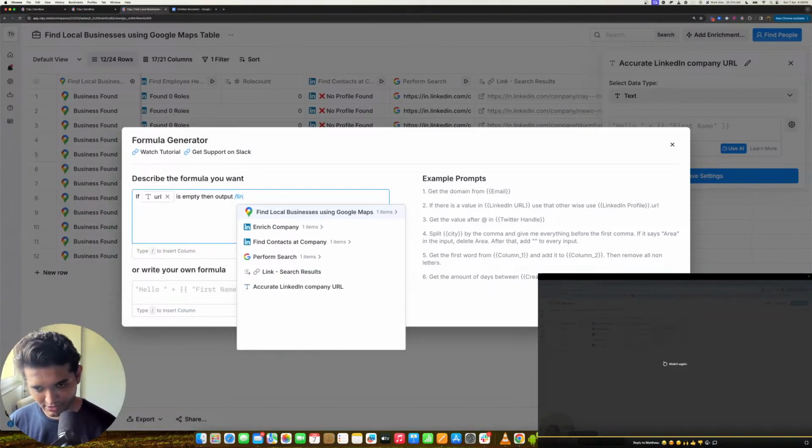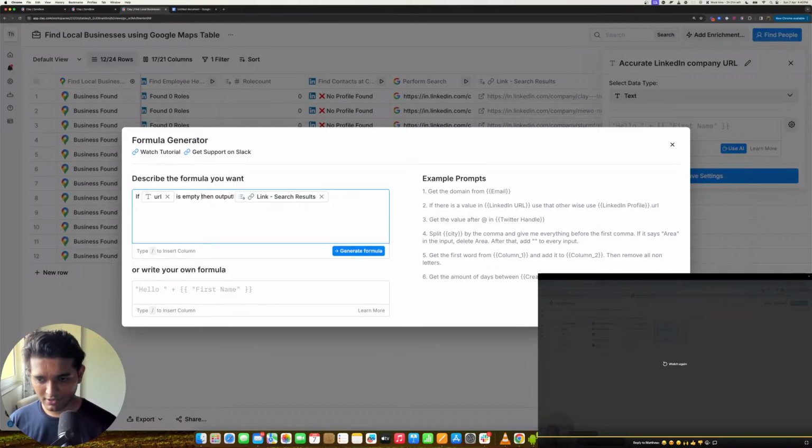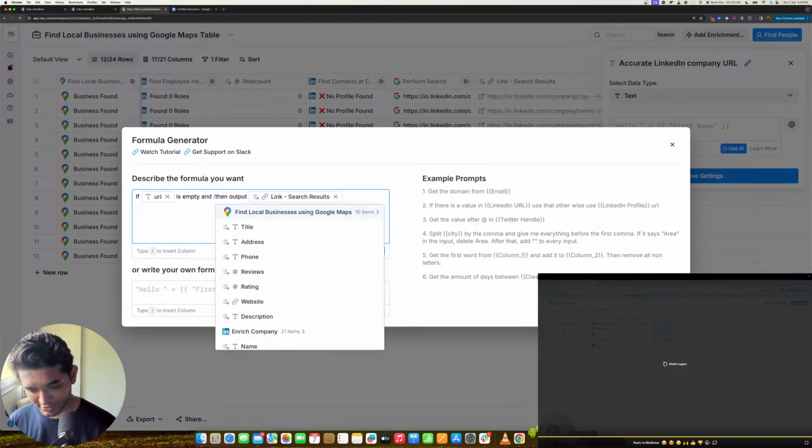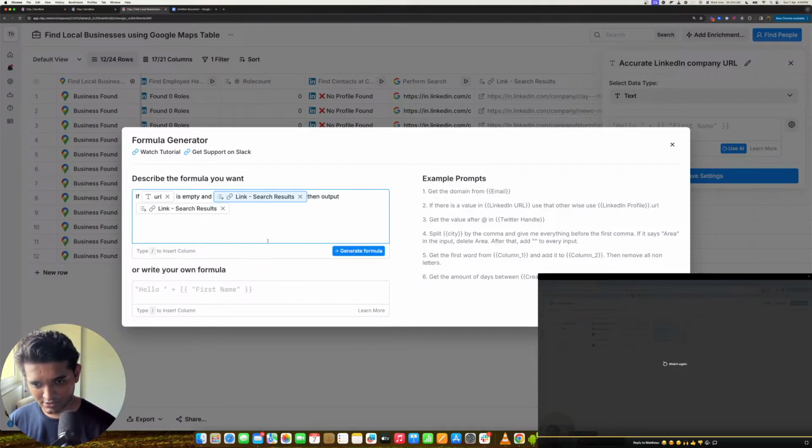Yeah, link search results. If URL is empty, and link search results contains company, then output this. Else output